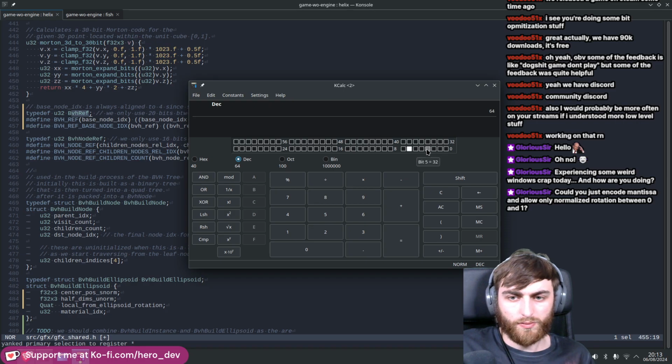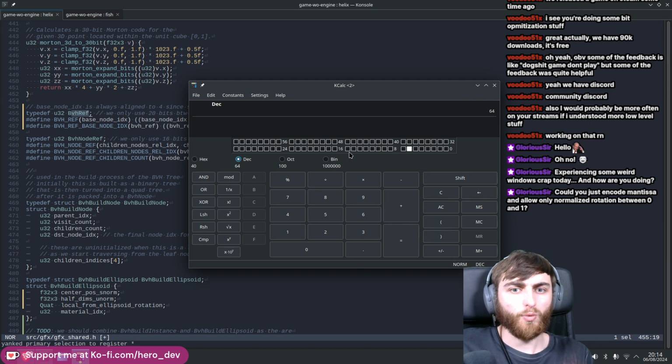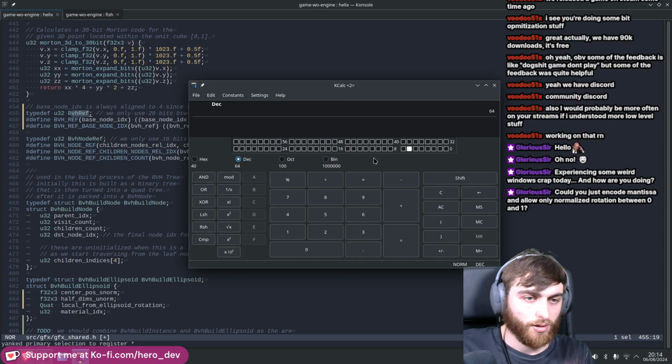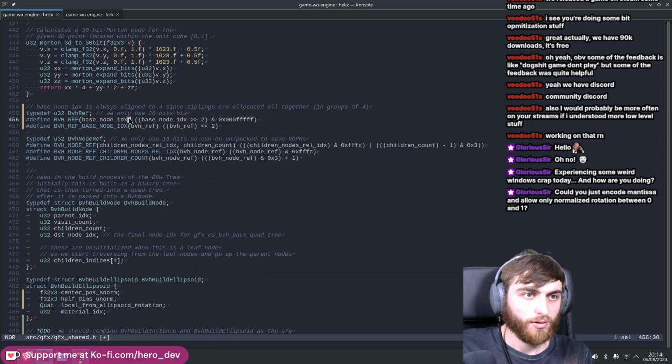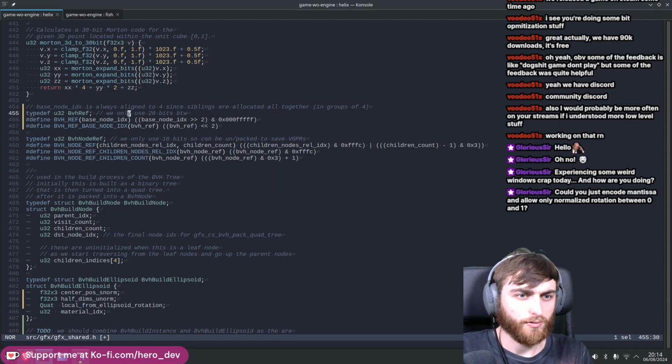So these 6 low bits would not be set when you point to the start of a BVH node tree, but you'll be able to address a wider range of nodes. You'll be able to address 24 bits worth of nodes, right? So that's interesting. So why don't we do something like that? I'm happy to do that. So I only use 16 bits, by the way,